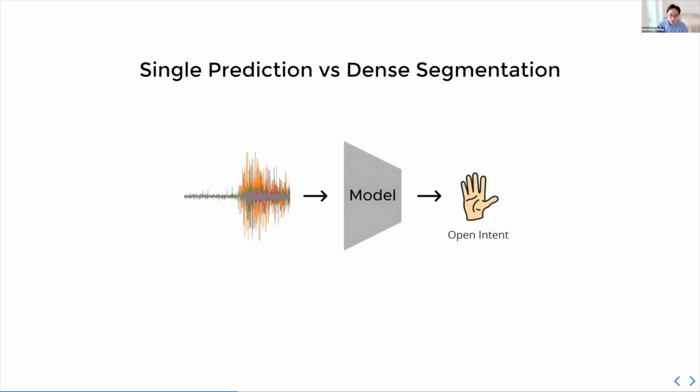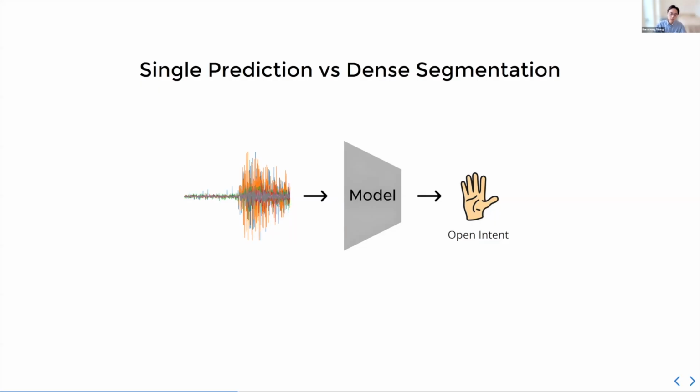So typically, when people train an EMG gesture model, what they do is they take a window of EMG signal, a short window, feed it to a model, and then the model predicts a gesture for this window, right? And we use a window as the input because a single time step of EMG doesn't really mean anything. You really have to look at the neighboring time steps to contextualize it. So a window input, single label output.